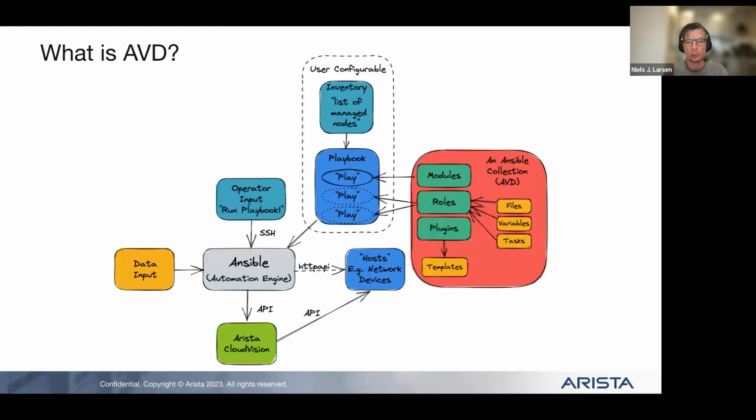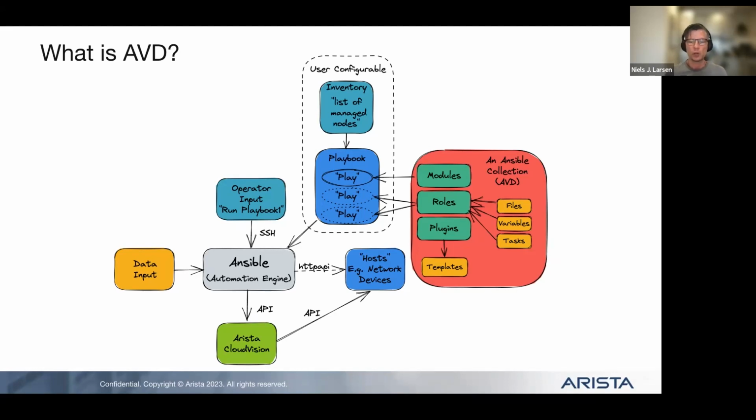If you jump a little bit deeper, what AVD actually is, is the red square on the right-hand side. So this is what is called an Ansible collection. The Ansible collection contains roles, plugins, modules, etc. It's not really important what that is, but the input from AVD, which is Arista best practices and an opinionated model, makes it very easy to deploy an Arista network without you having to make decisions on how should we configure BGP, for example?